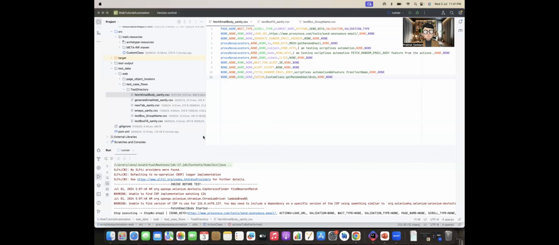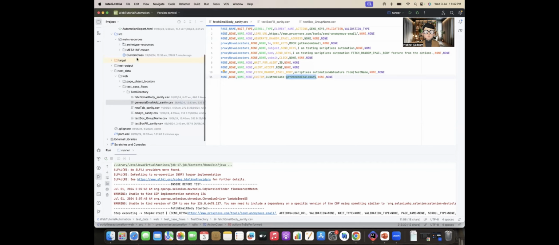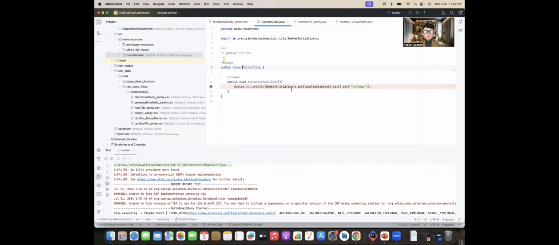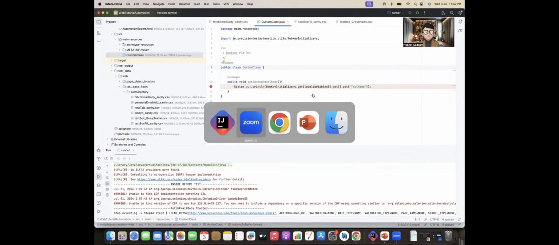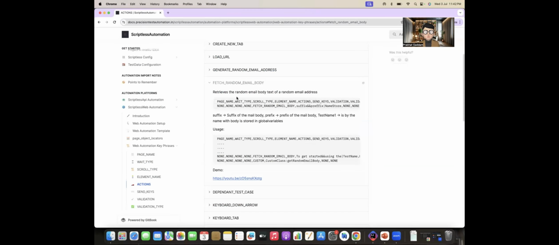In our previous section, we saw how to fetch a random email address. We generate a random email address, send an email to it, and then fetch that email and print it out. In our custom coding, we print and store whatever mail we have generated. Now, in the next section, we are going to see